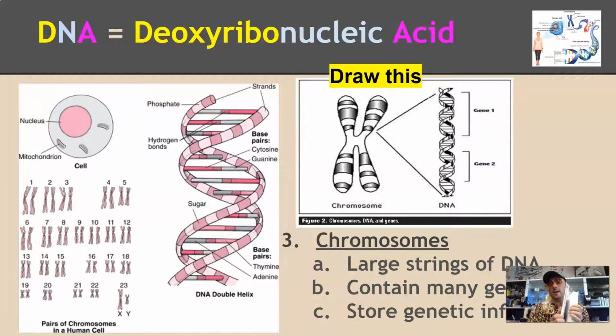And genes are like chapters. They are specific sections in this book that contain specific pieces of information. So one chapter may be to make one protein. One chapter might be to make the hemoglobin protein in your blood. Another chapter over here might be to make a completely different protein, a structural protein, actin or myosin, proteins that make up your muscles.